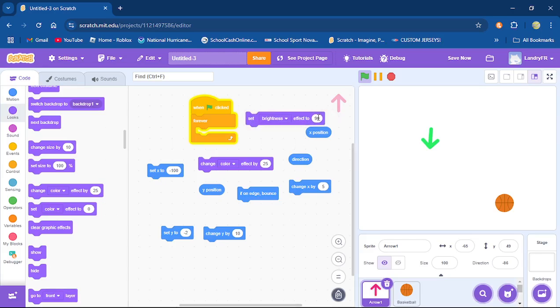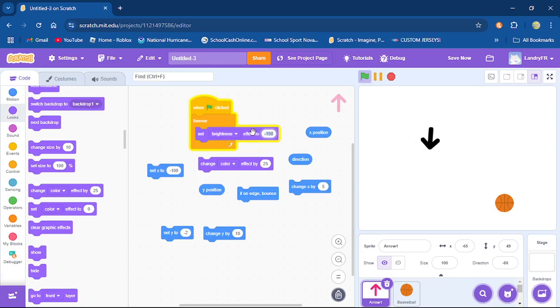I'm not going to put 90, but I should probably set the color effect to 0 first, just to change it back to normal. And we're going to put this at 50%, let's say. So we want this to set, so now you'll see it's lighter by 50%. Now you can go negative 50, which will be the opposite. It'll be darker by 50%. And you can go 100%, and all that's going to do is turn it black. That's it. It just turns it black because there's no light at all.